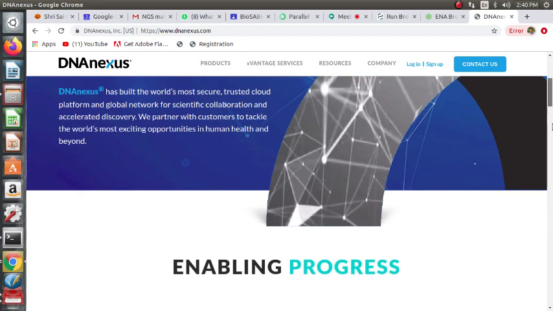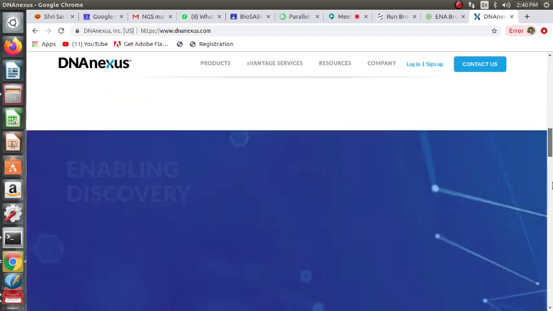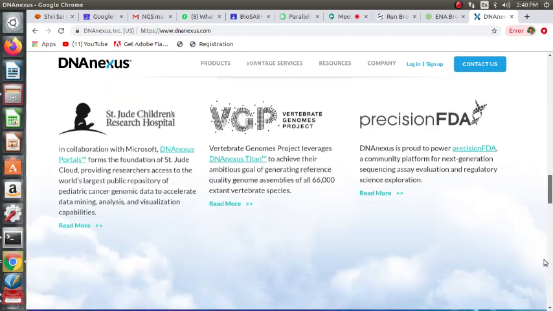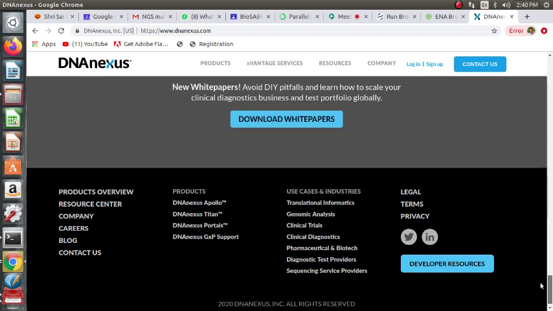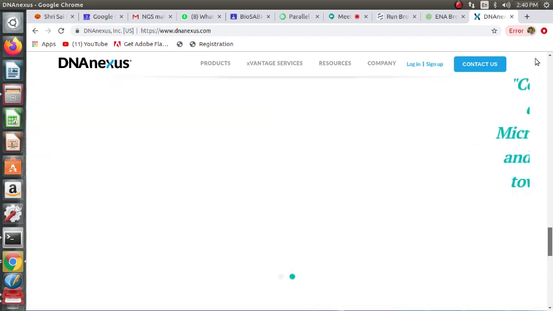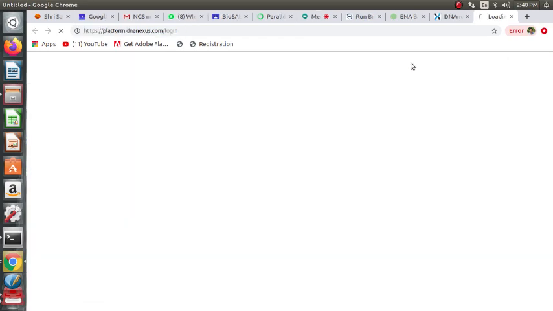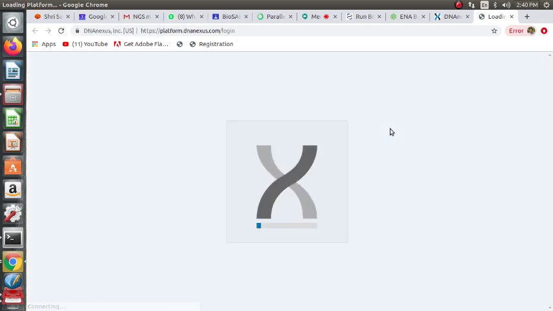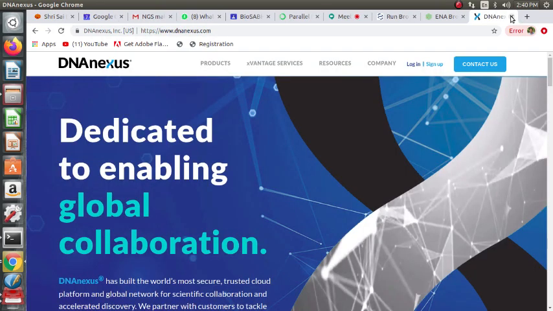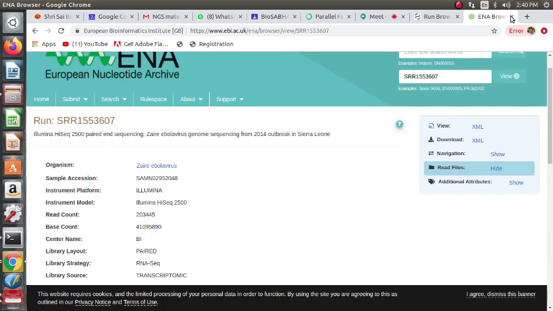Most probably if you see this website itself, it might obviously require a login to view the data. Since there's a login here, we might need commercial access for non-academic purposes to log in. Okay, so we'll come back to the SRA toolkit.